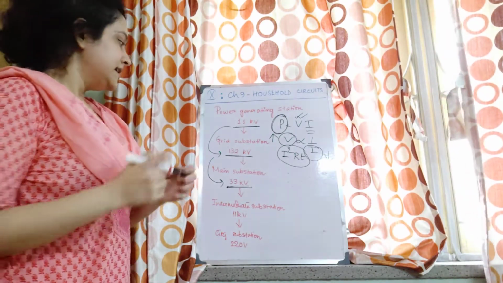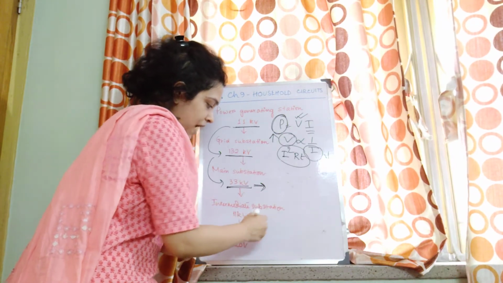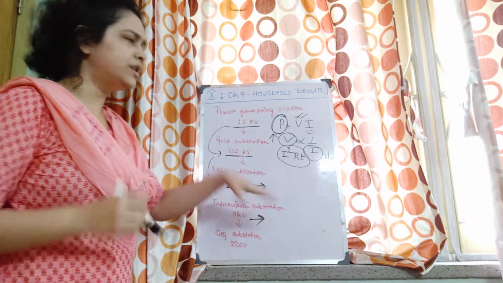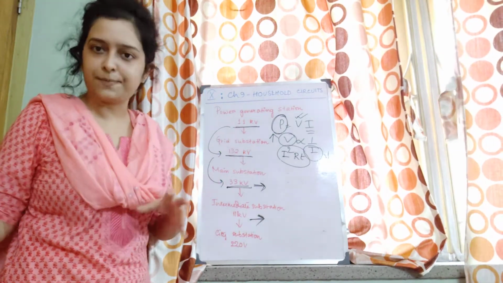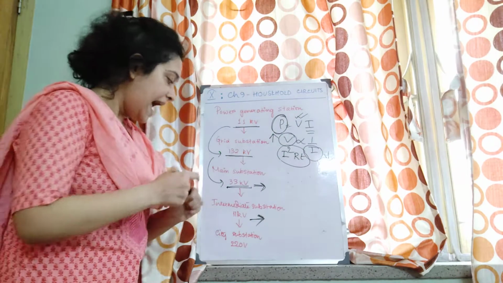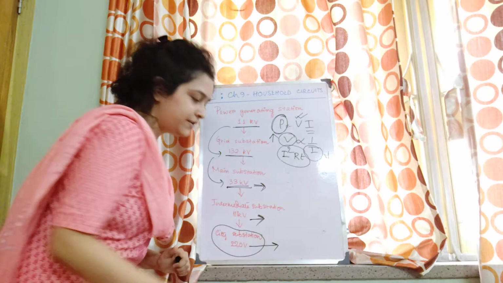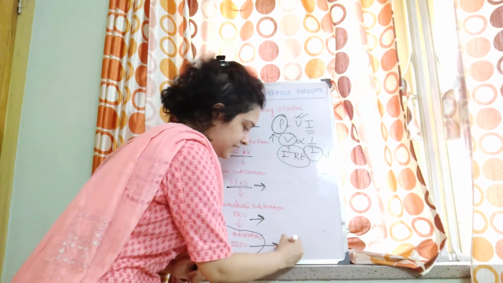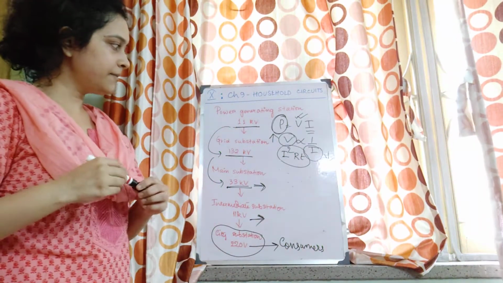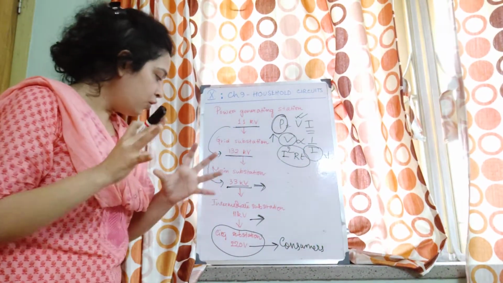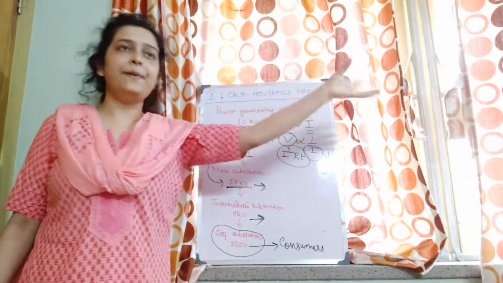So this voltage, this power, is supplied to different industries. Different industries need different voltage power supplies, right? So they are supplied. And finally at the city substation, 220 volt is generated, which is supplied to us, the consumers. Now from this city substation, this 220 volt power supply is supplied to our house.